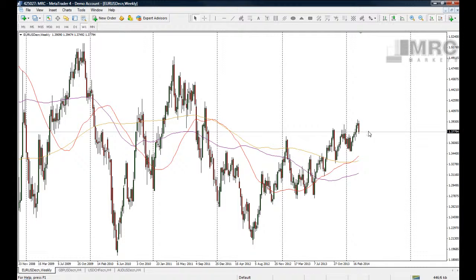But we did say last week that there's been how many weekly candles in a row? Pretty much, was that 6 there? 3, 4, yeah, 6 weekly candles in a row. The odds are for some sort of retracement. Of course, it could still continue to fly up, but if you get 6 green candles in a row, if you just look back through the charts, it's very rare that after 6 you'll get